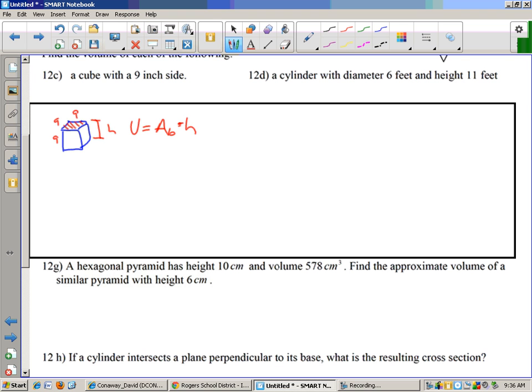I make these general statements that are not quite correct, but the volume of any prism-like shape is the area of the base times the height. The base of this is a square, so the volume is 9 inches times 9 inches for the square. But the height is also 9 inches, so that's 9 cubed, which is 729